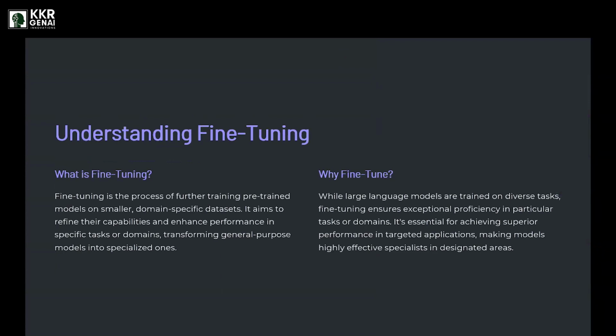Okay. So what is fine-tuning and why do we need to do fine-tuning? Fine-tuning involves taking a large language model, for example GPT-4 or Llama models or any Gemini models. You take those models and further fine-tune them on the specific domain data set. If you are working in an industry, for healthcare or, as I have told you, finance, you want more nuanced language in generation. So you do fine-tuning.